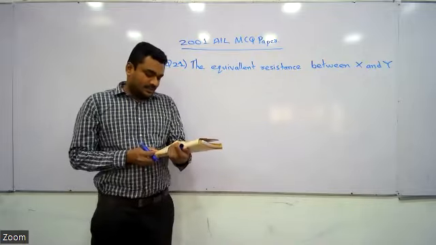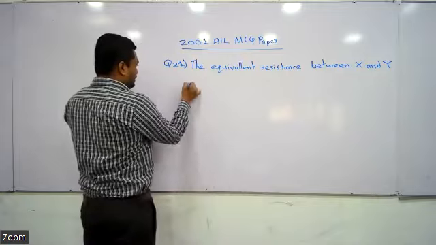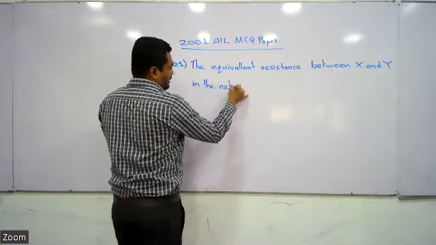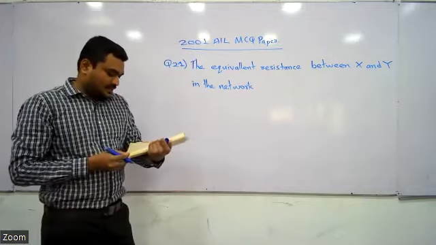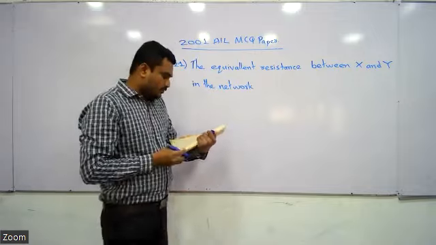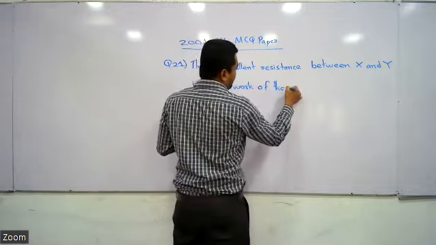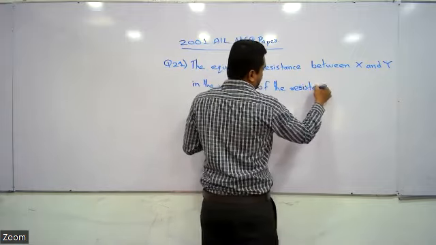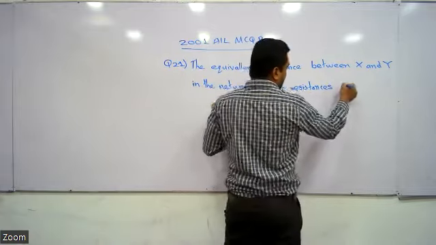The equivalent resistance between X and Y in the network. Simplest meaning, in the circuit. Network of the resistances shown is